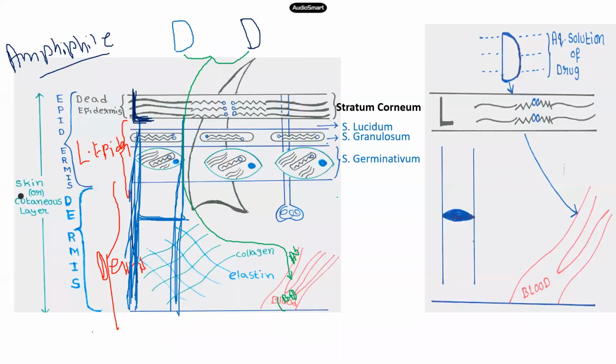Yes, that is the hydrophilic drug. Why? Once it enters, observe which path length is more, hydrophilic path length or lipophilic path length. This is entirely hydrophilic. So the major portion is hydrophilic. That's why the path length is hydrophilic. First the drug will travel through the more polar region, and only then enter into the blood.